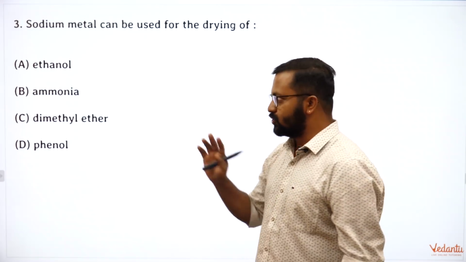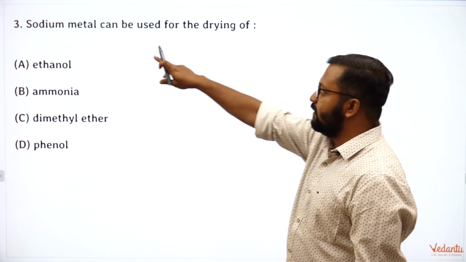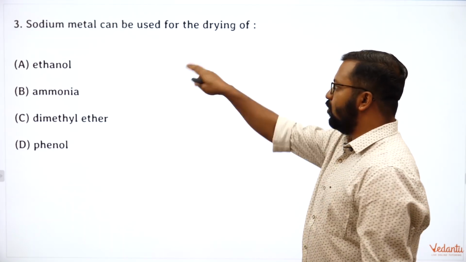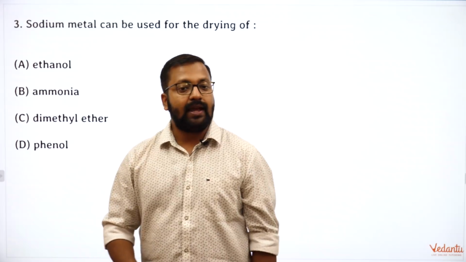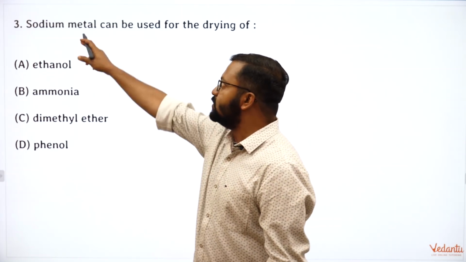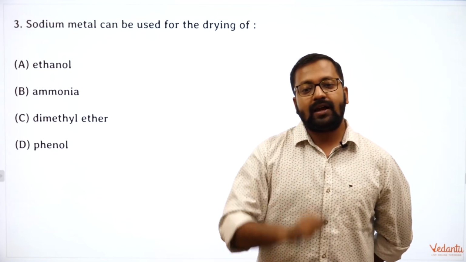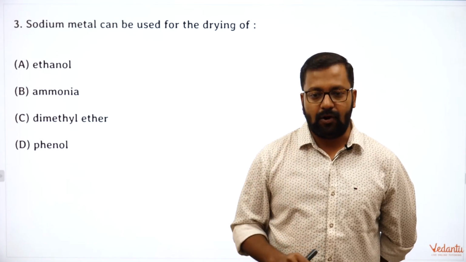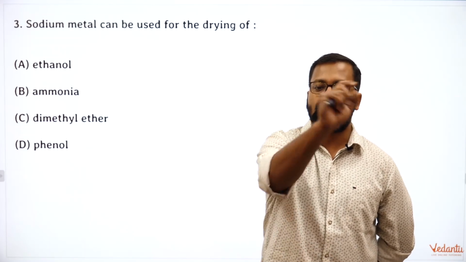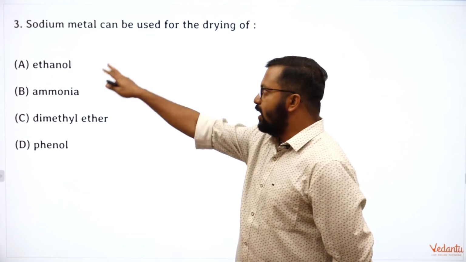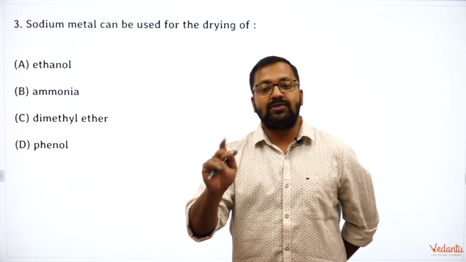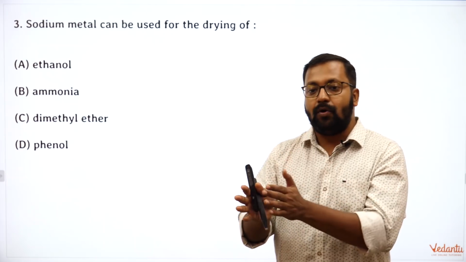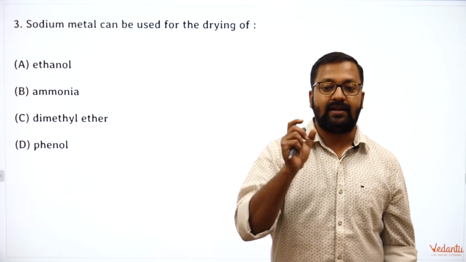So ethanol can react with sodium and form sodium ethoxide. Ammonia and sodium metal can react with each other. Even phenol and sodium metal can react. All the compounds which contain acidic hydrogen, a hydrogen attached to an electronegative element, will never be dried using sodium metal. What can be dried using sodium metal is a compound which does not have an acidic hydrogen,